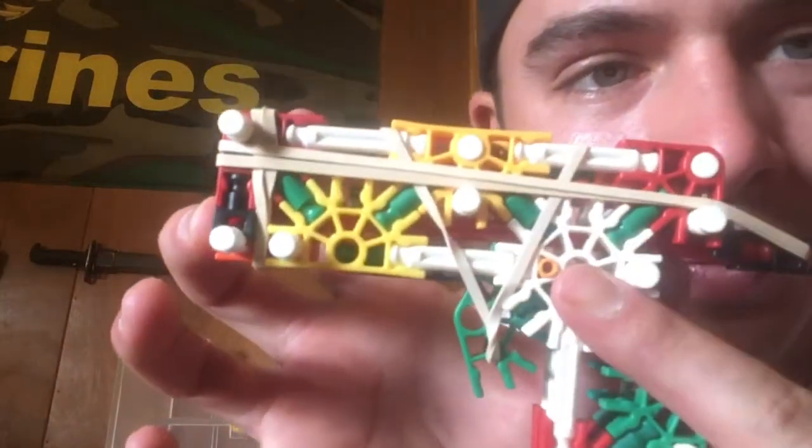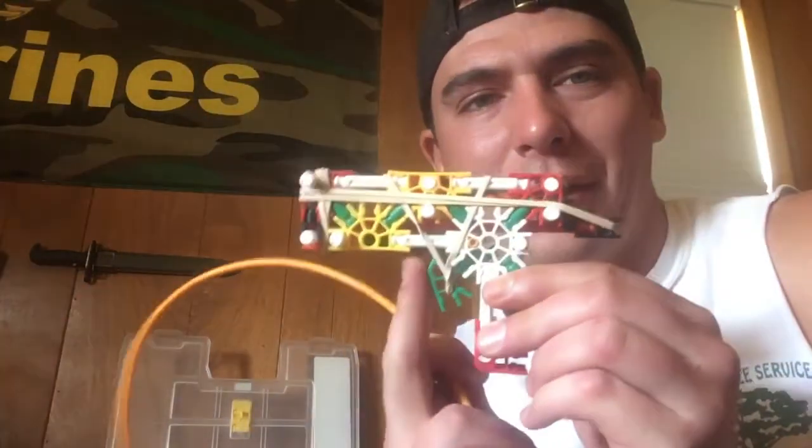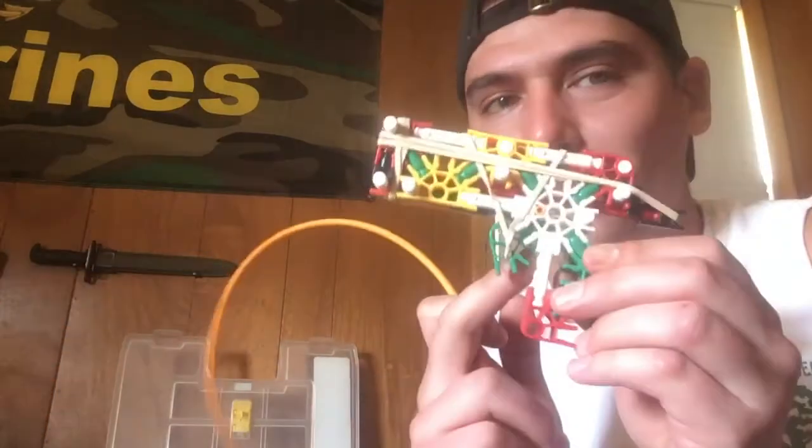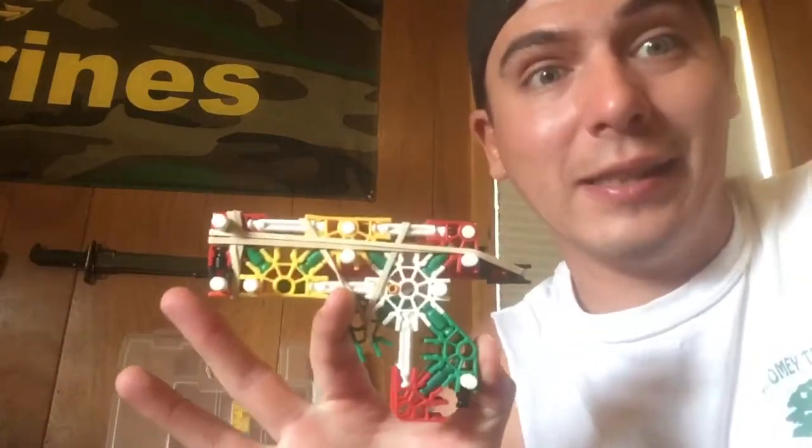I don't know if I included this at the time, but I put the little tubing, like some racetrack roller coaster thing, in there so the trigger doesn't go too far up, so it'll stop right there. And I had a bit down here for the safety, and I don't have that on there right now yet because literally, I just made this in like